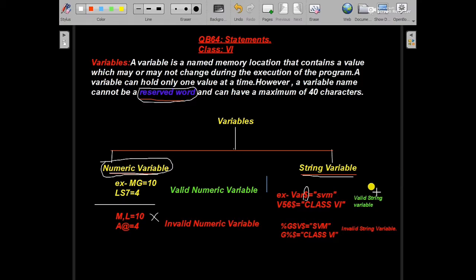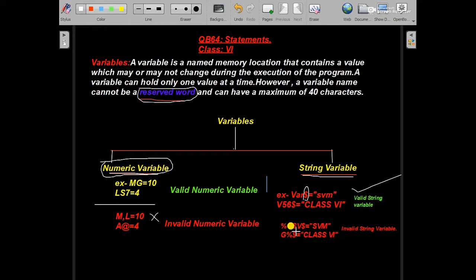Example of a string variable: var$ = "SVM", or v56$ = "class 6", where the message is written within double quotes. So these are examples of valid string variables.